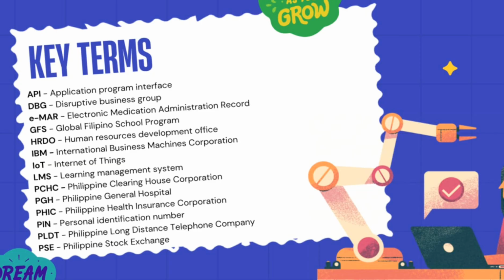HRDO, or the Human Resource Development Office, IBM, or the International Business Machines Corporation, the IoT, or the Internet of Things, LMS is Learning Management System, PCHC, which is the Philippine Clearing House Corporation, and the PGH, which is the Philippine General Hospital, and the PHIC, which is the Philippine Health Insurance Corporation, and PIN, which is the Personal Identification Number, which is very common in our daily living,